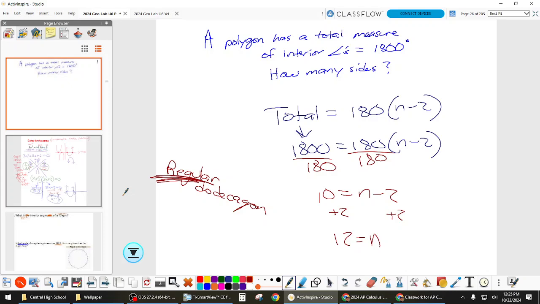There's 1800 degrees in the whole thing. How many angles are in it? 12. There are 12 angles because there are 12 sides. It's the same. So how would you determine, and I'm not going to try to draw the whole thing, but let's say it's like that. Okay? So how many degrees are in that one angle right there? How would you determine that? If you know there are 1800 in the whole